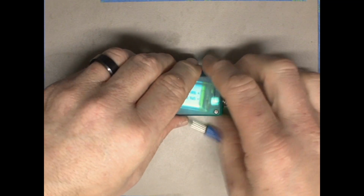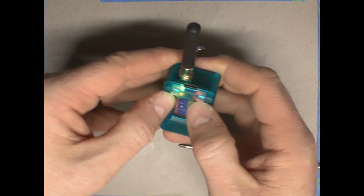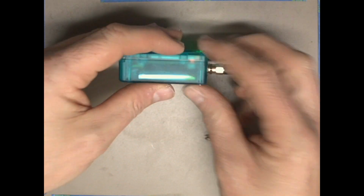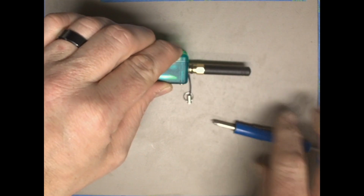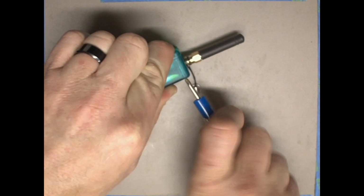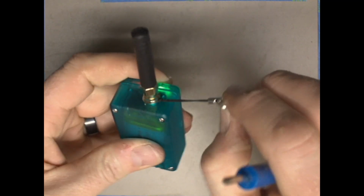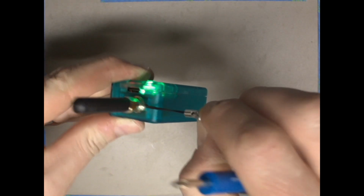So at this point, I've got the screws in, I'm holding the face on. Make sure my buttons are still tactile and I feel them click. And then it works best if you squeeze the case and tighten them in from the side. And then once you get everything tightened in, the case will go together nicely, and you've got the lanyard right there on the top. And that's the end of our